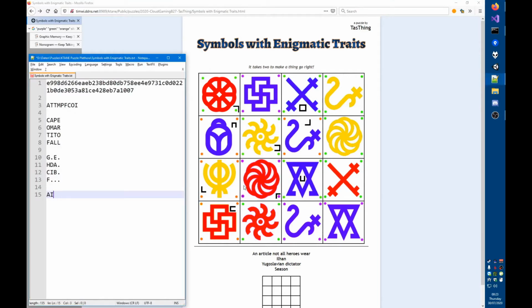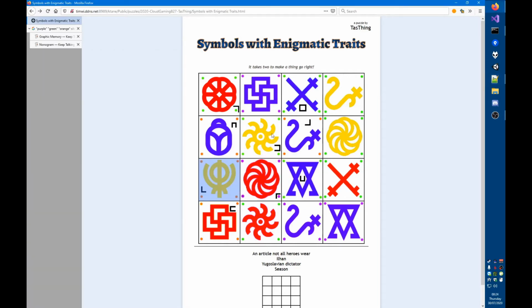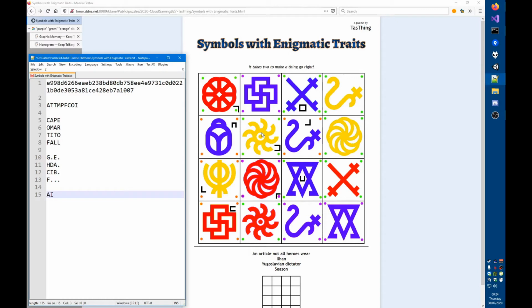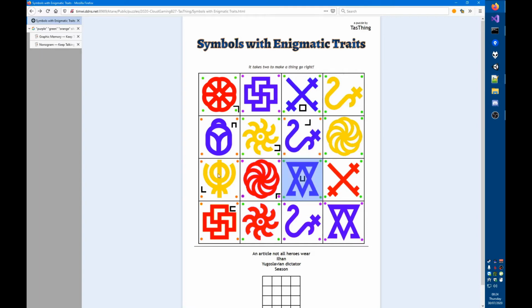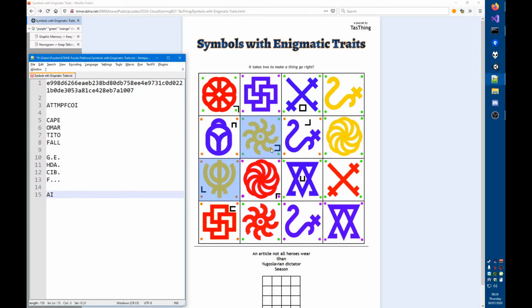Okay, and then we have C and D. That would be those two. So now we're looking for a yellow symbol with purple dots around it, and that doesn't exist. So that theory is not it, or at least not in that order, right? So I was looking at the one that has pigpen A and B, and then I tried B and C, and then I tried C and D, and C and D is where I got stuck.